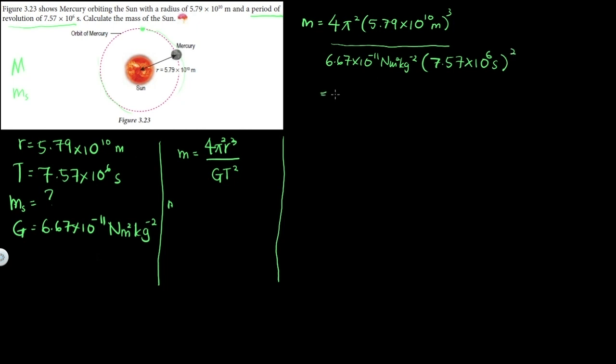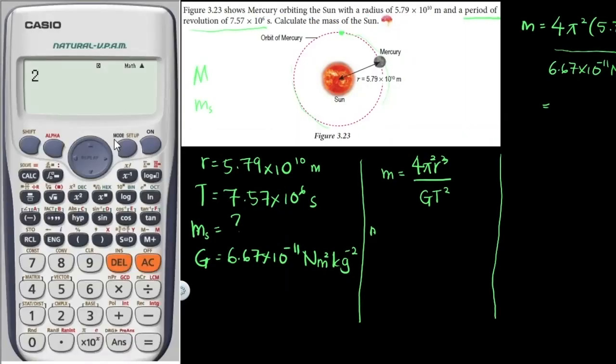So let's take out your calculator. This is your calculator, and then let's insert the values. So 4 pi square, where is pi? Here, shift, pi square, times, and we have cube, so we open bracket,